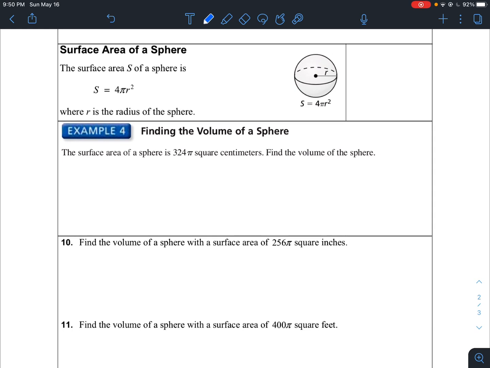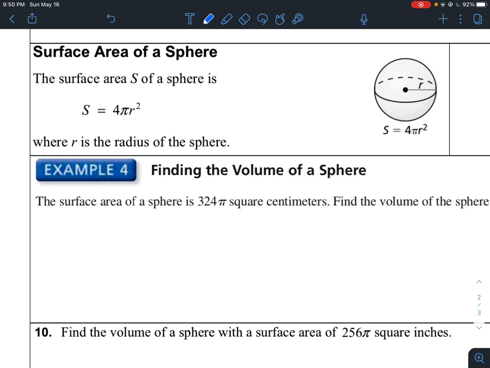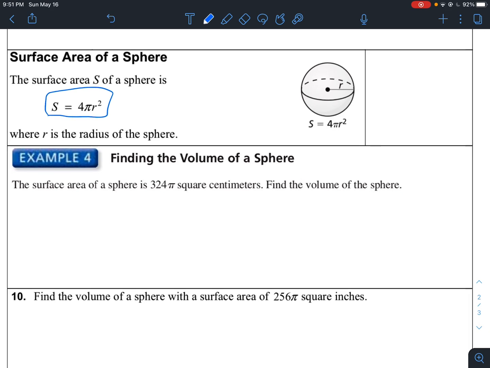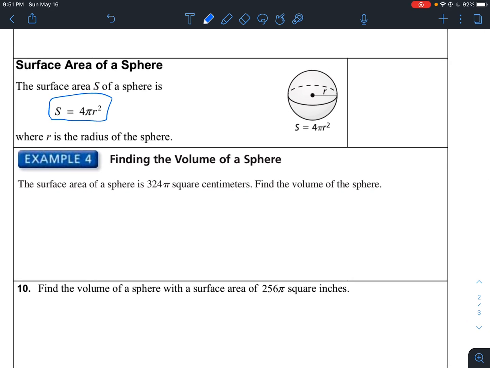Only thing different that we're going to do, we're not really going to get into surface area much, like solving for surface area. But for this one right here, for surface area of a sphere, I'll just give it to you guys as this right here. So surface area of a sphere is 4 pi r squared, where r is the radius. Okay. And so we'll use this to find the volume of a sphere. So in example 4, it says finding the volume of a sphere. The surface area of a sphere is 324 pi square centimeters. Find the volume of the